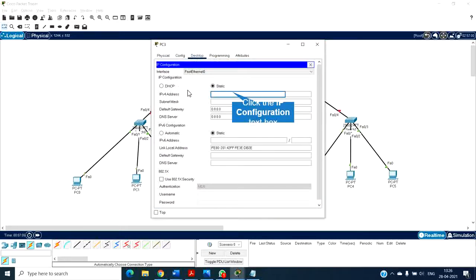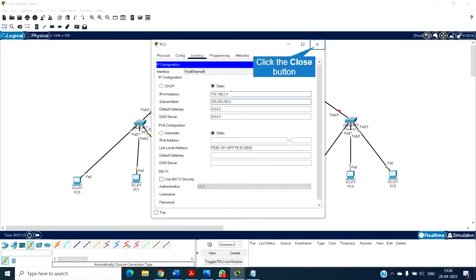For PC3, since the third part of the assignment will be more complex going forward, I'll assign a class C here, ending in 2.4. The subnet mask, as visible for class C, will have 3 octets classified to the network. Default gateway, again I'm going to wait.